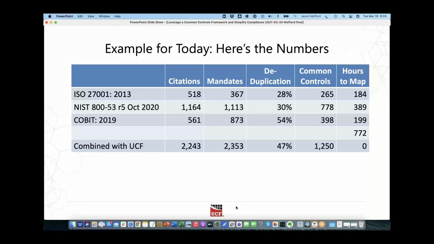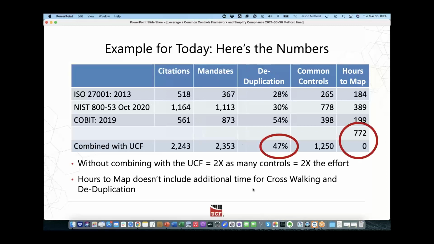Now, what I want to show you and what's really important is these numbers. When you go through at the end and use something like UCF where you can automatically deduplicate, right? Because many of these controls or mandates have been mapped back to the same common control, you significantly reduce the amount of time that it takes you to comply.